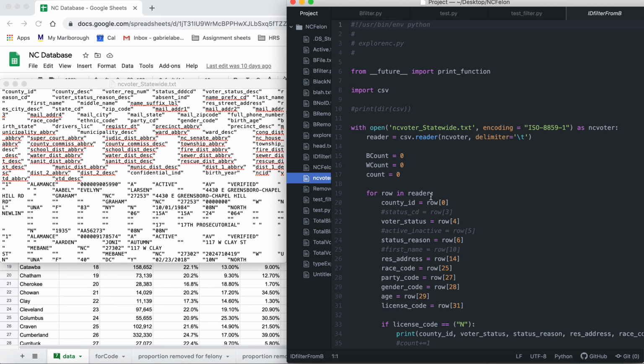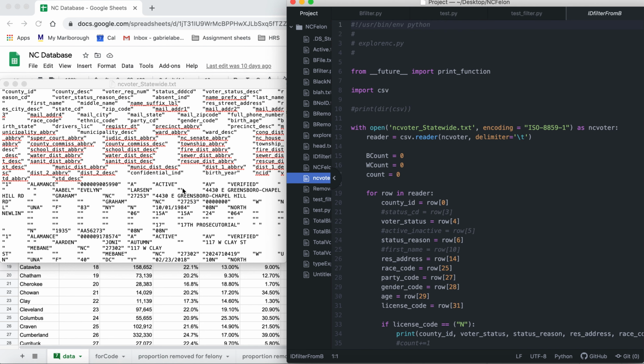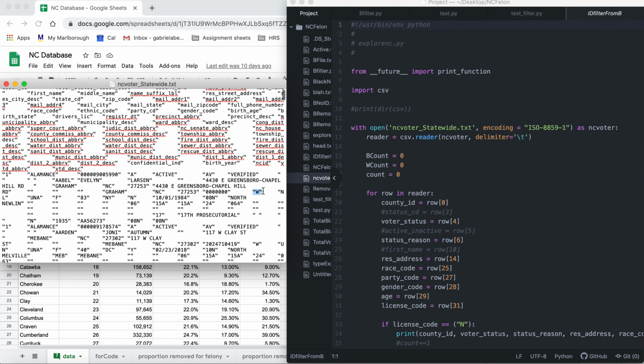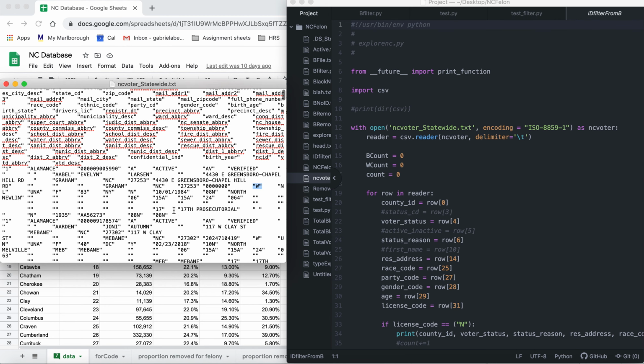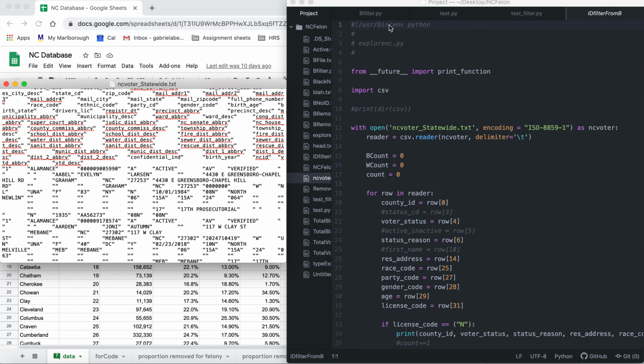And I was using this as a time to clean up this file, take out things I didn't need to work with, figure out what these variables meant. I mean, there were all of these, as you can see highlighted over here, W's and numbers and A's, and I had to go deep into some code books online to figure out what those meant. So once I had all of that done, I had all of these counts ready, and I imported that as a